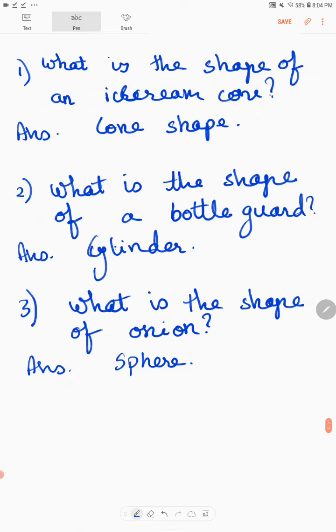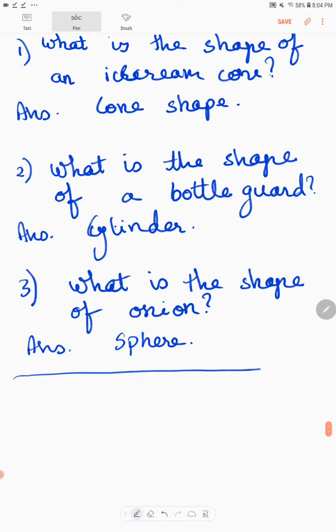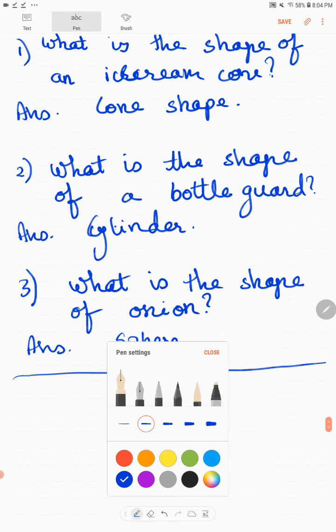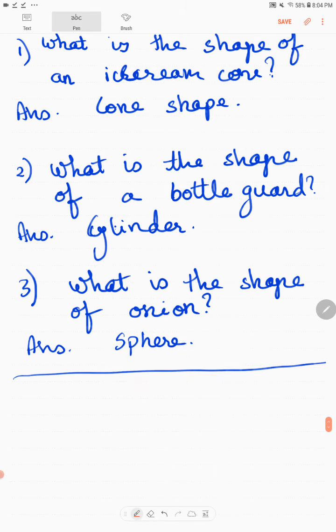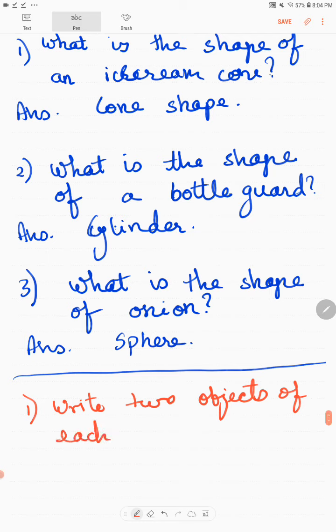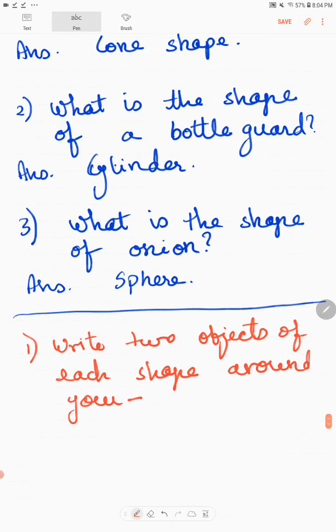Another thing we can do on this lesson is write two objects of each shape around you. This you will have to do on your own. You have to find it and you can get it checked by your elders.